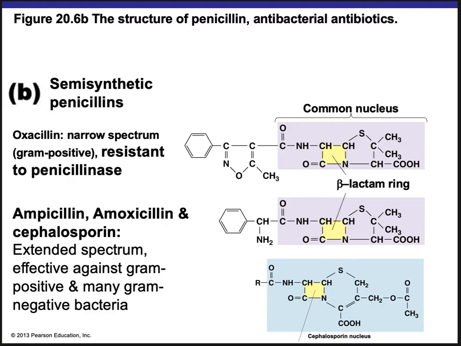We in turn modified the drug to be resistant against that. However, we are not able to do both. So if we want to extend the spectrum and have it work against both gram-positive and gram-negative, we can modify it to target both positive and negative gram bacteria, but then it will still be susceptible to destruction if the bacteria have penicillinase or beta-lactamase enzyme. It can still destroy cephalosporin.